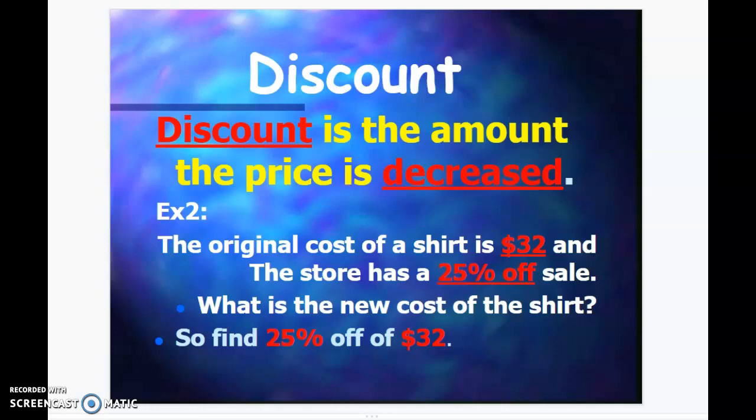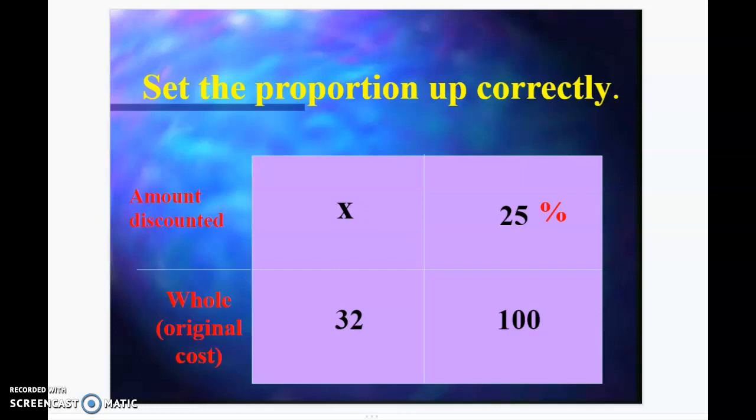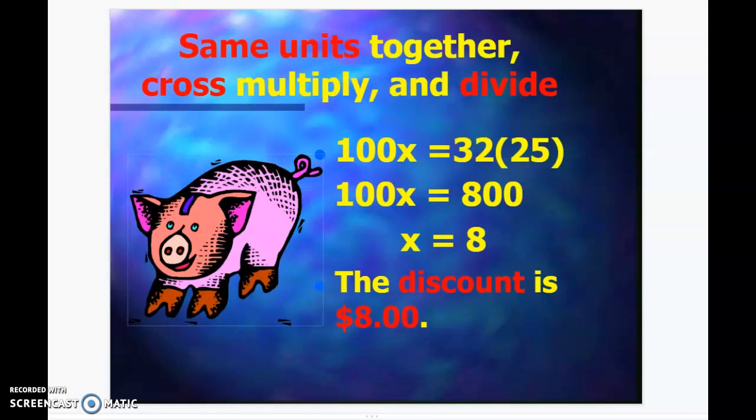So I'm going to use the exact same kind of box from before where I'm going to set up my proportion correctly. The amount discounted, as you see here, is going to be set up as 25% of a whole 100%. And I need to figure out the amount that is being discounted out of the whole of 32. So I'm going to do the exact same thing where I'm going to cross multiply 100 and X. I'm going to cross multiply 32 and 25, which is going to lead me to this